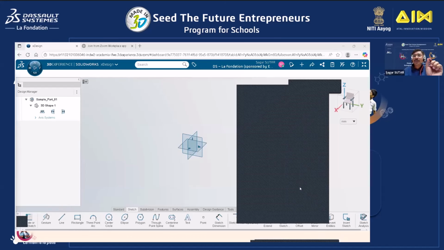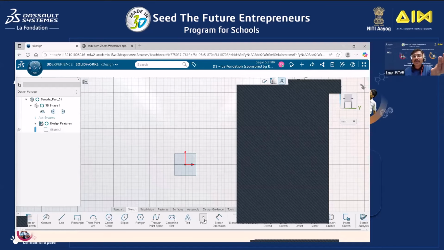What is the smallest geometrical entity which does not have any edges or any dimensions? Can you tell me what is the smallest dimensionless entity? Thank you. Most of you have answered dot or point. That is correct. So as you know, I will start with the sketch. Most of you mentioned correctly, point is the smallest dimensionless entity which does not have any edges